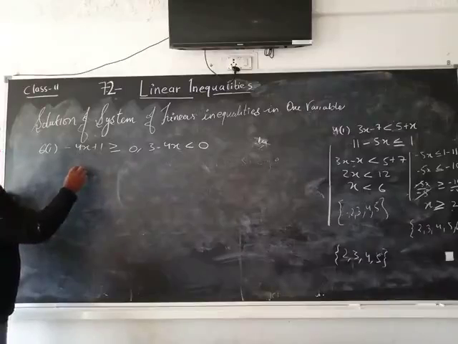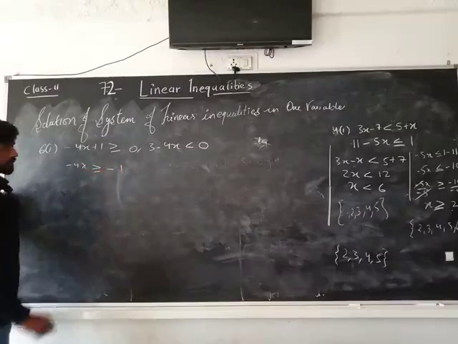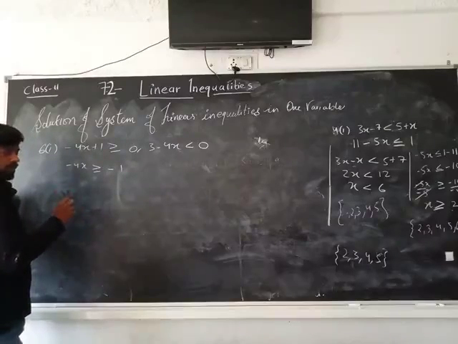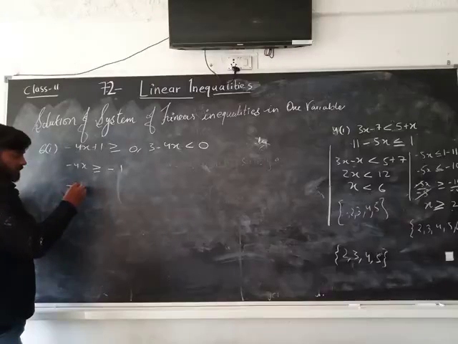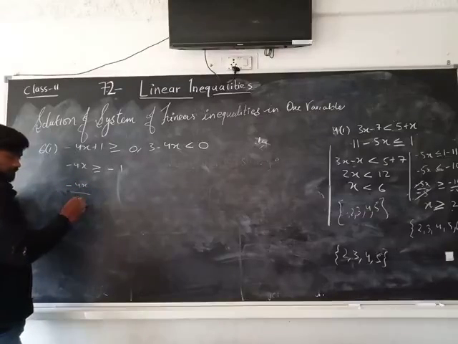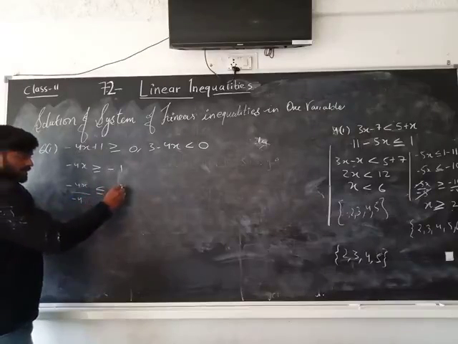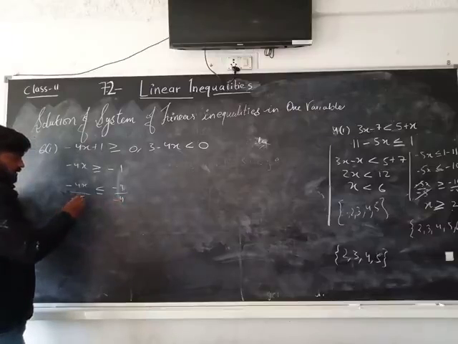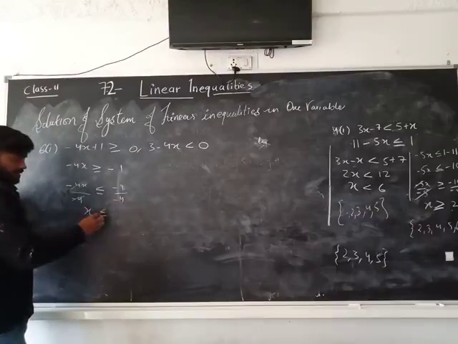Okay, so when I solve this, minus 4x is greater than or equal to minus 1, and then I will divide this by minus 4. Divide the whole inequality by minus 4. So when I divide by minus 4, please have a look everyone. This sign changes, and this is also going to be divided by minus 4. So this is going to get cancelled out. X is less than,